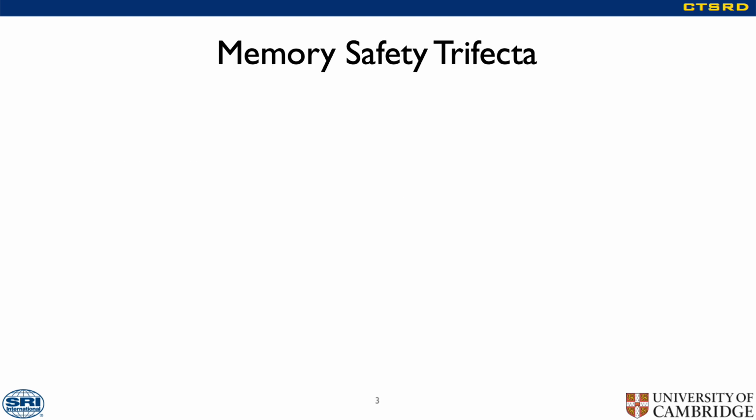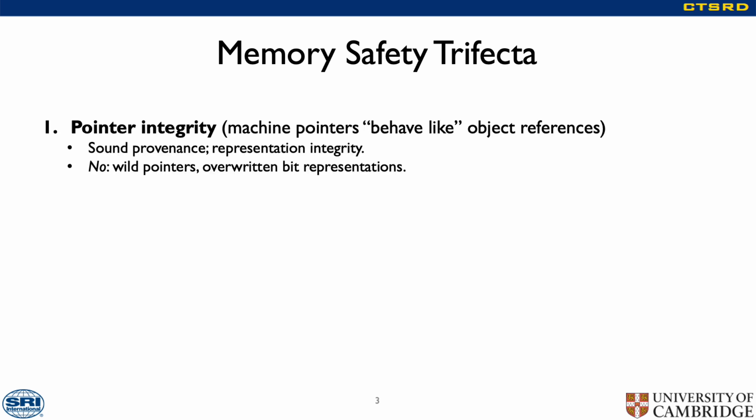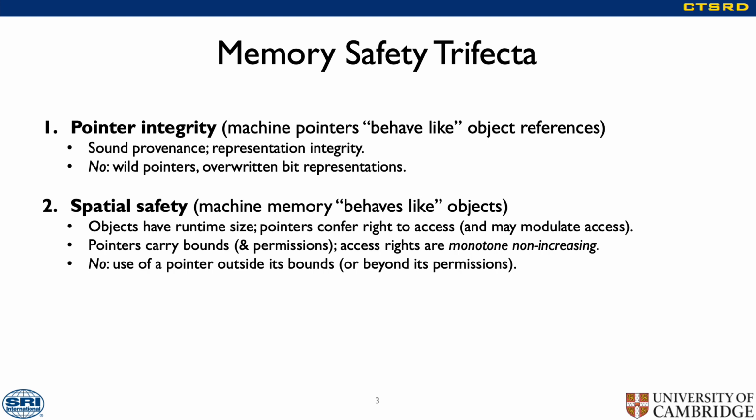Memory safety is a difficult term to define precisely, and opinions differ, but we take it to have at least three aspects. First, memory safety requires that we have notions of provenance and integrity of pointers. Pointers come only from other pointers or more trusted components, such as the kernel, and pointers are immune from bit-level tampering. Next, we must be able to carve memory up into objects that have defined location and size. We may access an object only if we have a pointer to it, and having a pointer to an object does not give us access to neighboring objects.